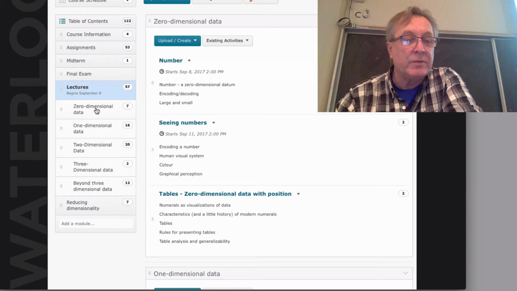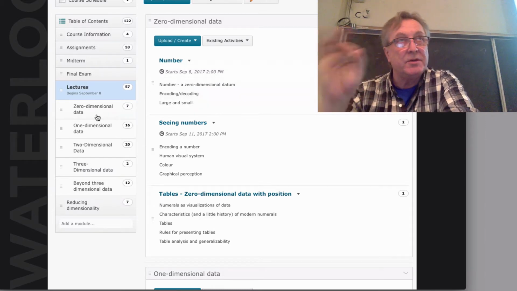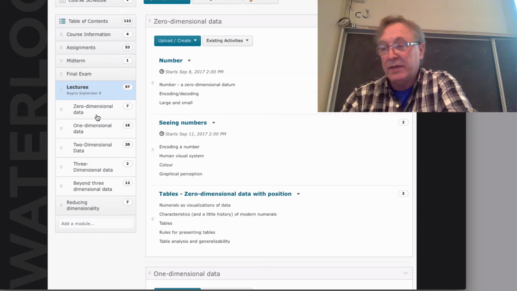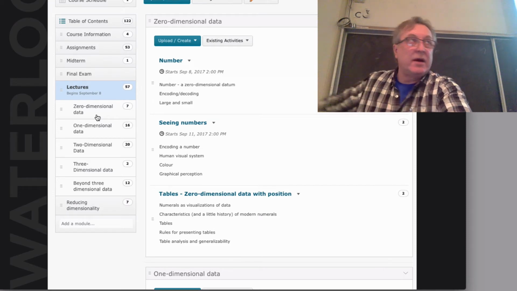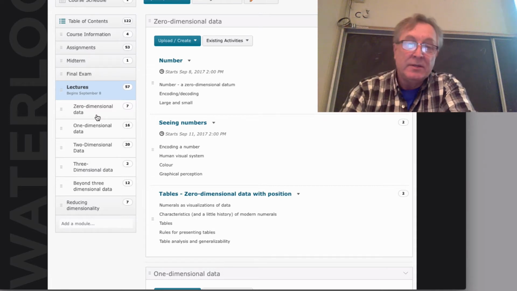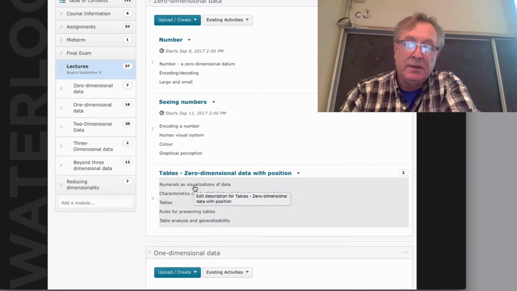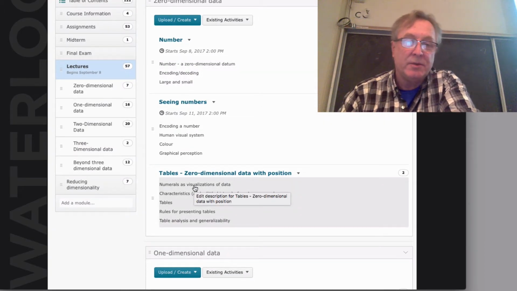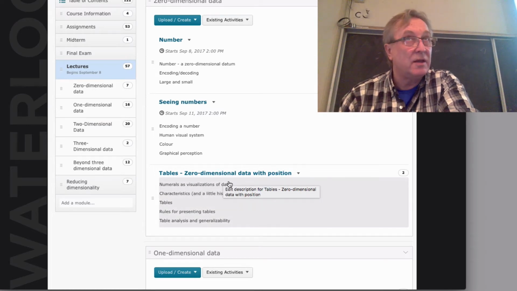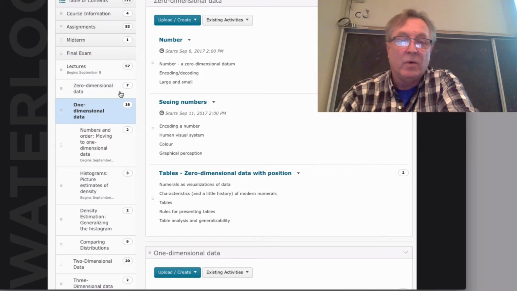The reason I've organized it in this way is that the stuff you're looking at when you're thinking about 0-dimensional data is the same things we're going to be looking at higher up, because we always have smaller dimensions that we're trying to represent with glyphs or whatever. So looking at numbers and tables, how to arrange tables, again, that's getting into layout, which is a lot like our scatter plots and other things. In 1-dimensional data,